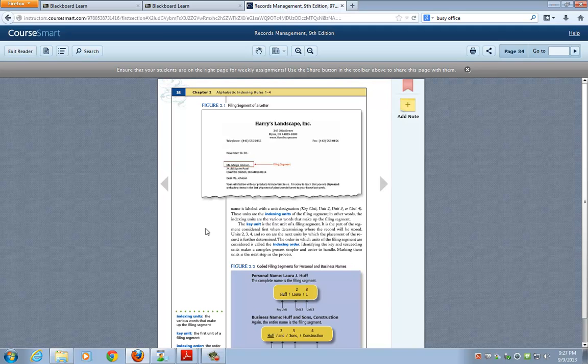There are no rules to this per se. Each one of you may choose a different format to do. The goal is to have information on a sheet of paper that will guide you through the process of indexing and coding